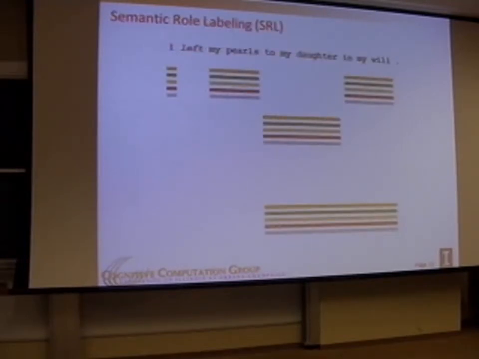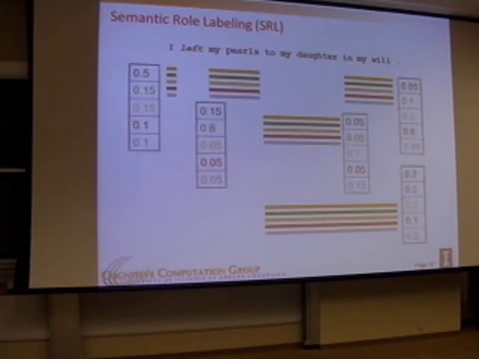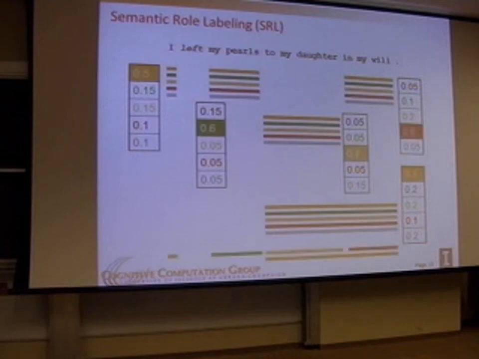Basically the picture you have is something like this. You have a collection of candidates that are colored here in different colors, and I have a conditional probability distribution on each one of them. One option for me is to just choose the best one, and then I have a selection. And this selection in this case actually is illegitimate because I have this phrase that overlaps with this phrase. So it violates a constraint that in this formulation I don't allow arguments to overlap. I have to change something, and in this case what I'm doing is I change something here, and I'm choosing the null argument for this part, so this isn't an argument. That's the type of inference.